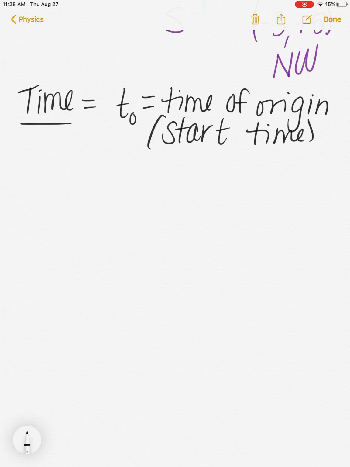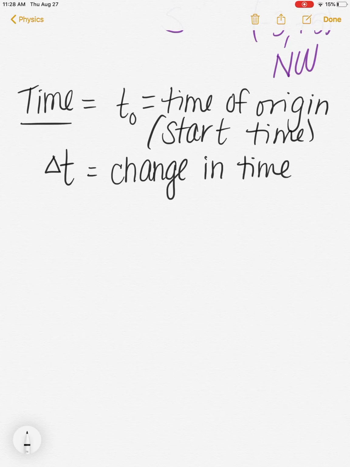There can be what is known as delta T. Delta T is the change in time. Sometimes we will refer to that as the elapsed time,